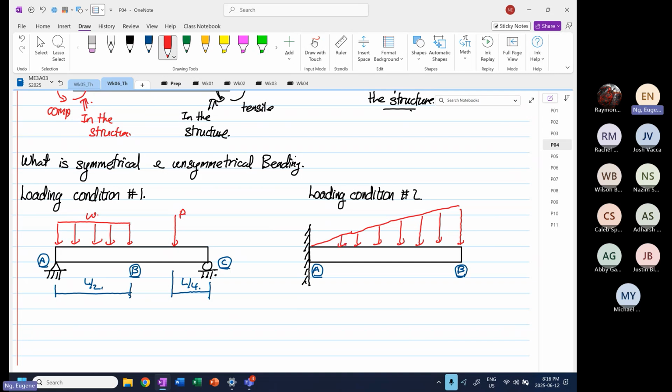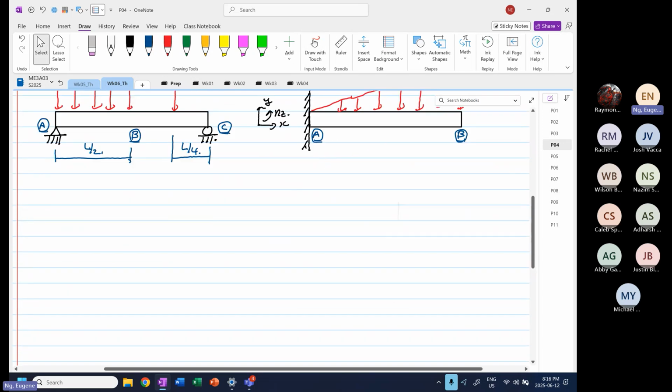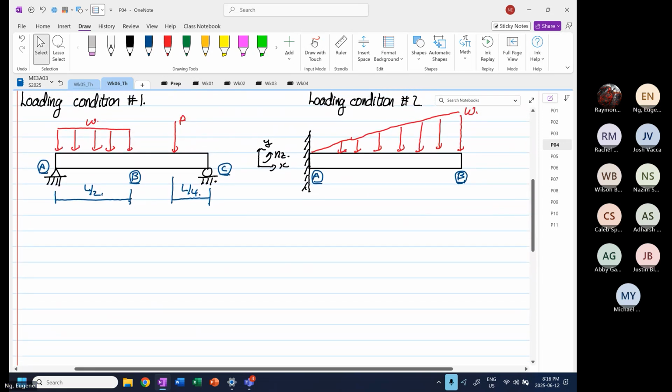So for the gradient distributed load, you have omega down here. I'll draw the transformation. They see the same transformation. So this is our X and this is our Y. This is rotation about Z. Now the next thing I'm going to draw, we are also going to draw the